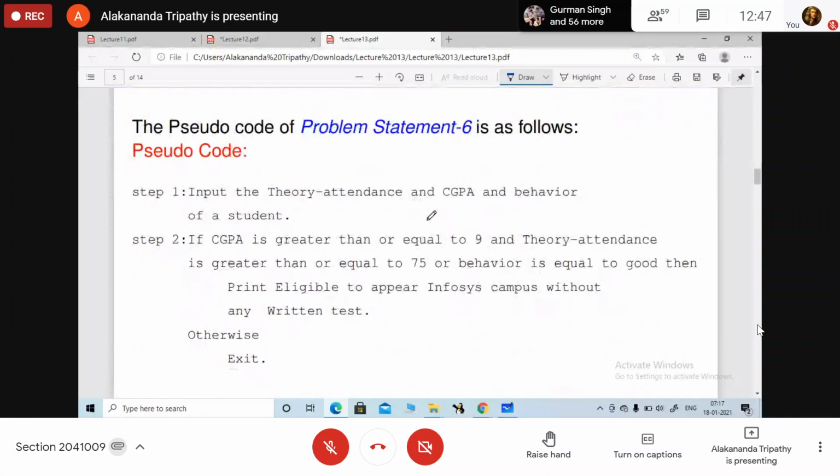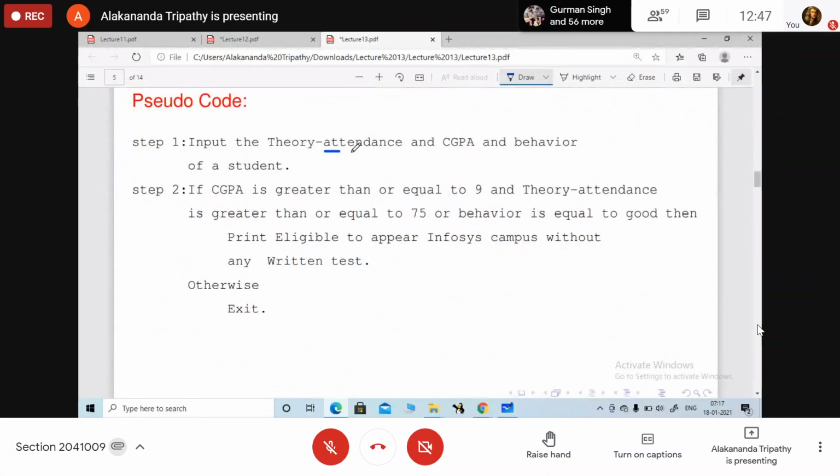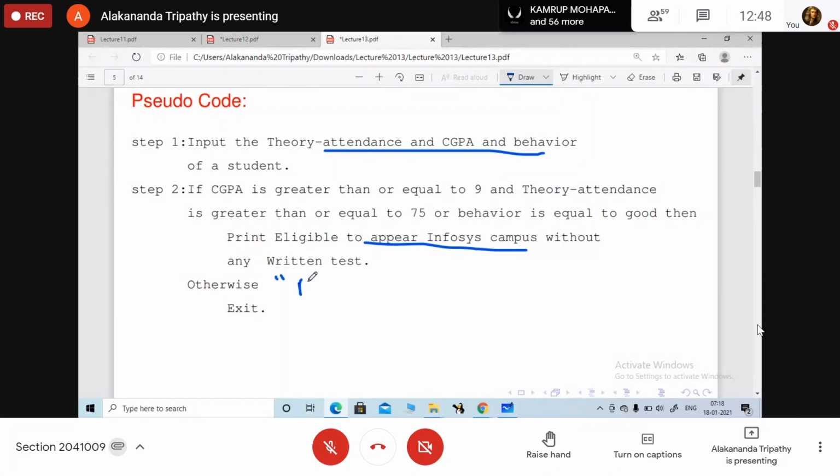Now the pseudo code, you can write it. Input CGPA, theory attendance and lab attendance, and behavior. So if CGPA is greater than or equal to 9 and theory attendance is greater than or equal to 9 or behavior is good, eligible to appear for the interview without written. Otherwise here we are going to write what?